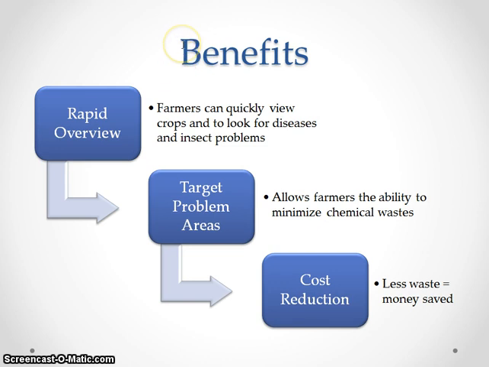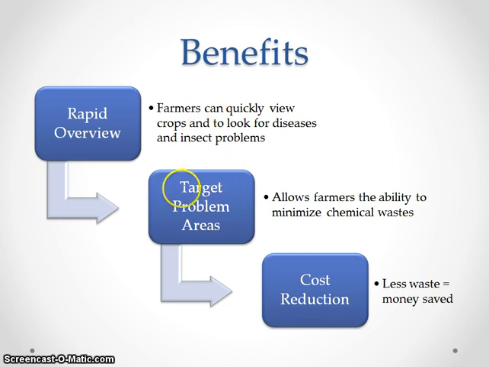So moving on to the benefits of agricultural drones. We kind of have a tiered system here where drones allow for a rapid overview of your fields or crops, whatever area you need to observe. So the farmers can quickly view their crops to look for any diseases or problem areas that need to be taken care of, that you might not be able to see from the ground, or it might take a much longer amount of time by driving through and looking. Whereas you can just fly a drone over a few acres of field in no time at all